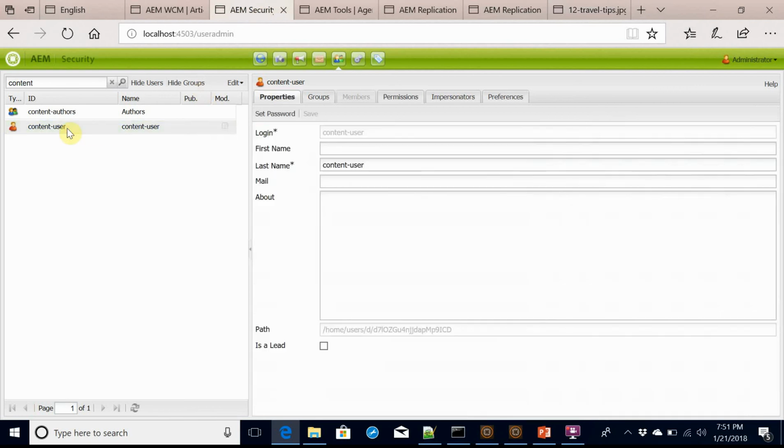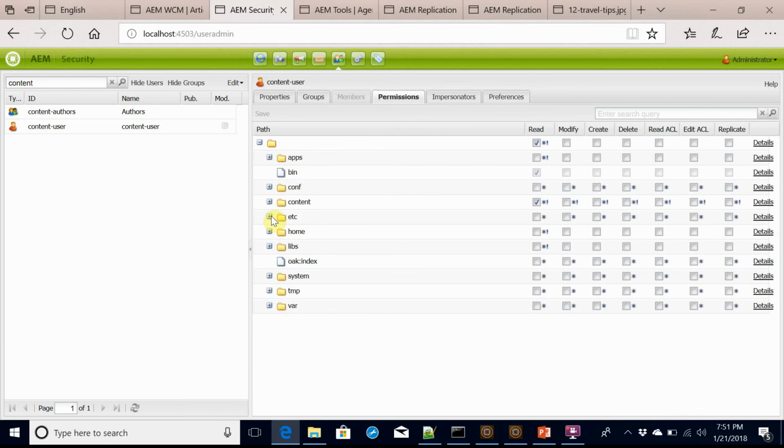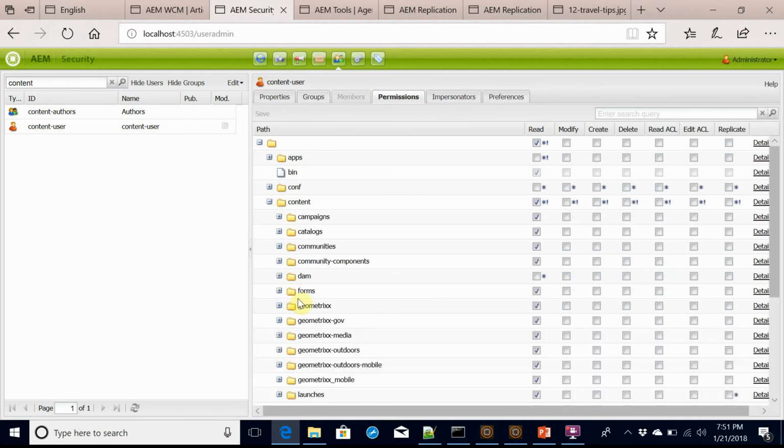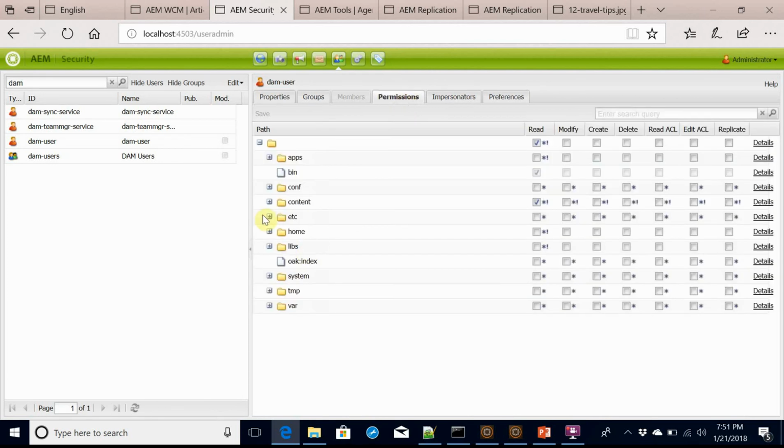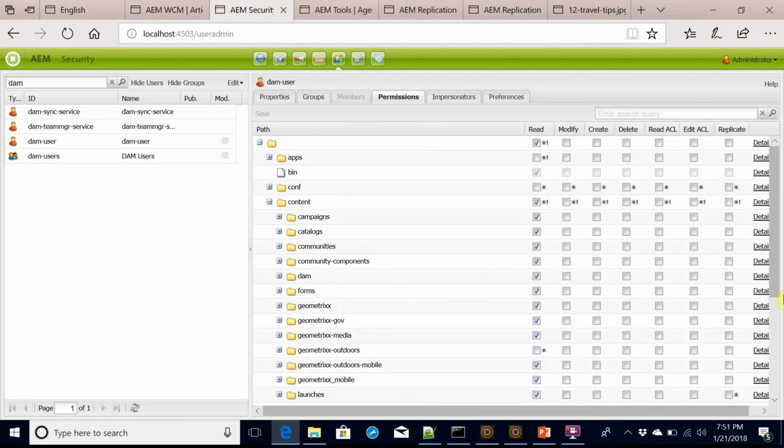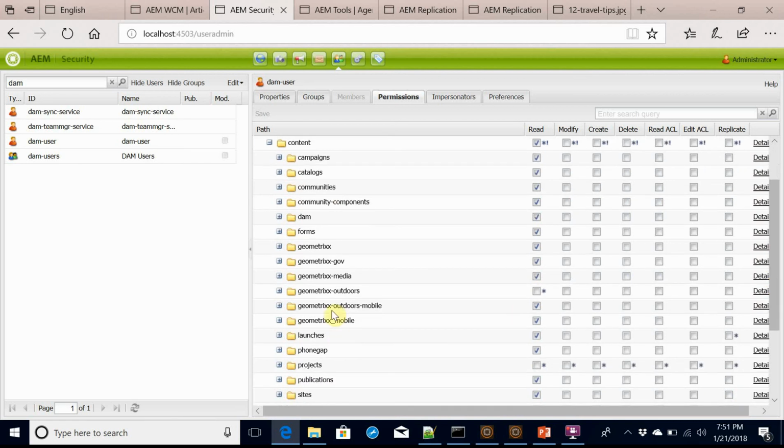I already created a user called content user. If I go to permission, this user will not have access to DAM. Now I created another user called DAM user. This user will have access to DAM, but not to the content. Anyhow, here I gave the permission to all other content apart from Geometrix Autos, because I am going to use this for the demo. So now these two users are ready.